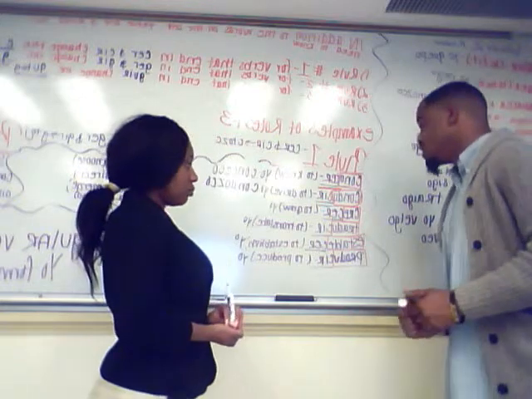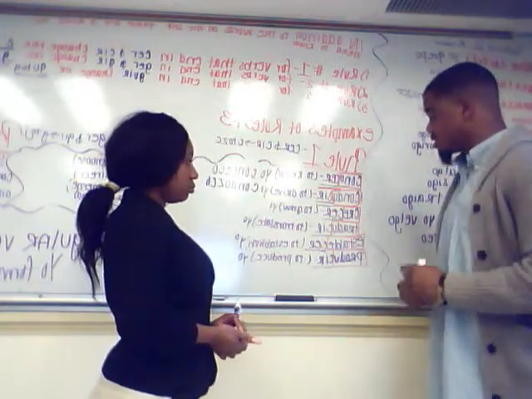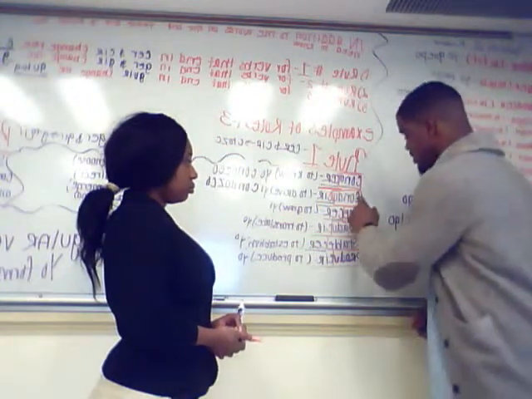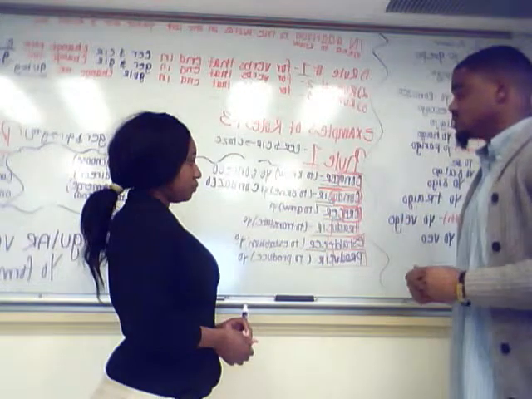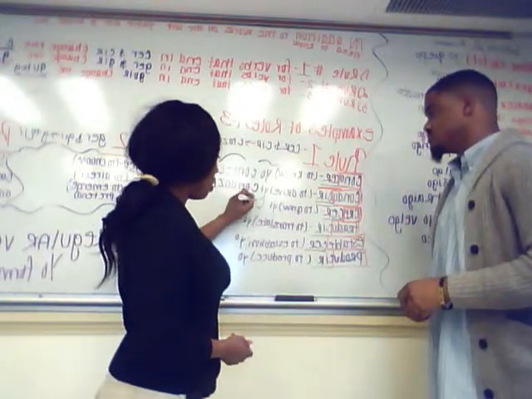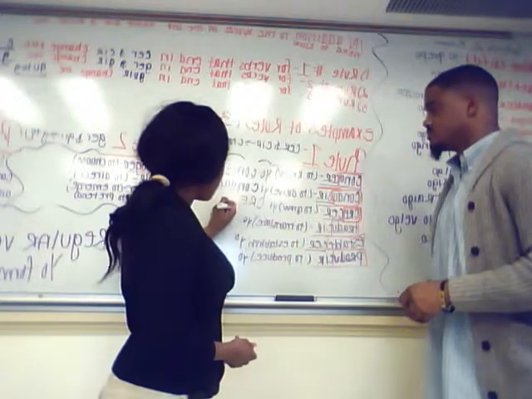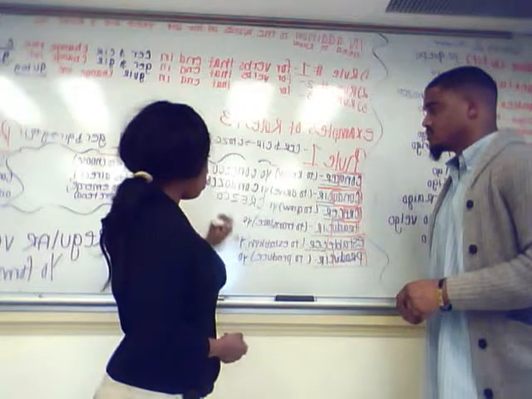Alright, and the next word is going to be crecer. And we're going to keep the first 3 letters, which is the C, R, E. And we're going to be taking out the C, E, R. Alright, and now we're going to change that to C, R, E, and we're going to do Z, C, O.